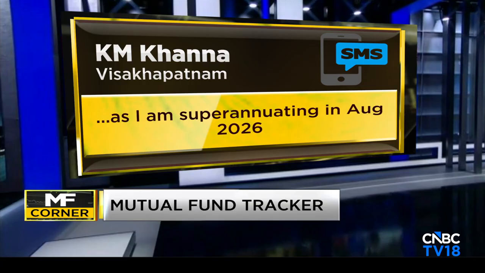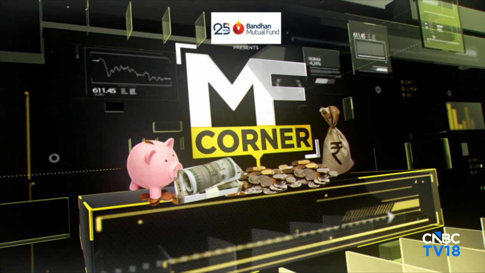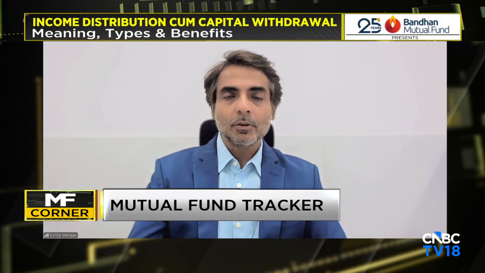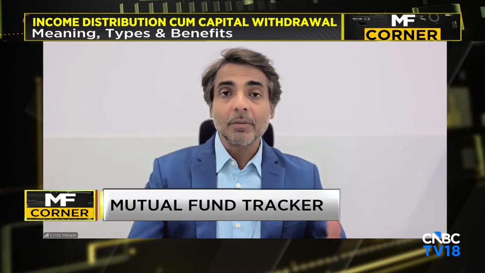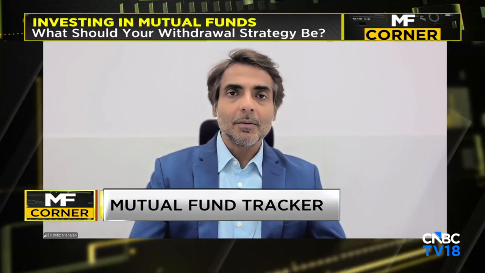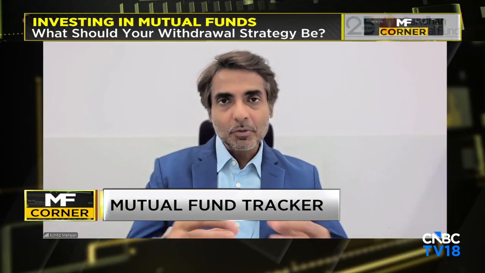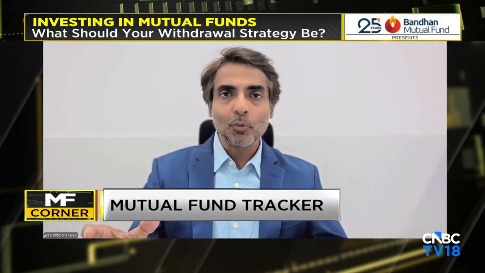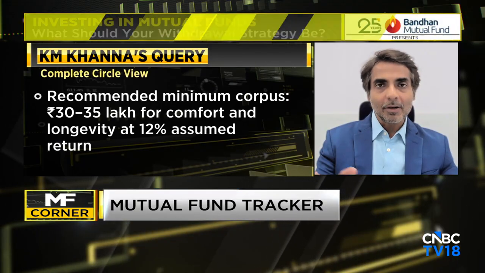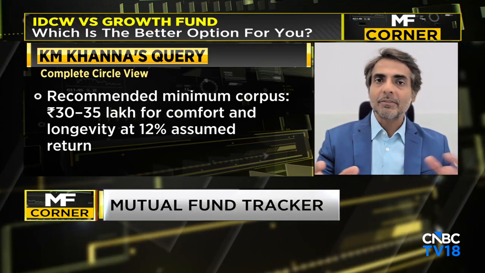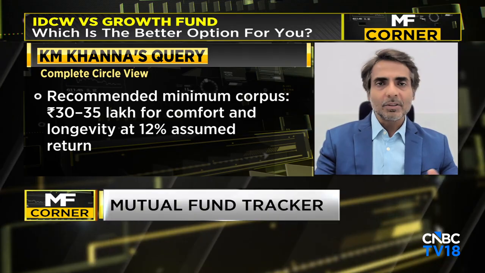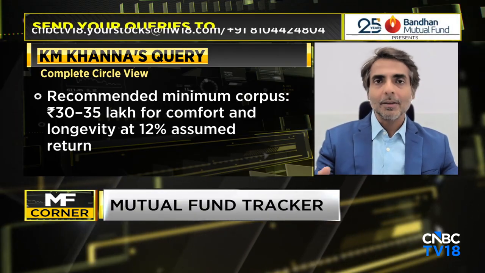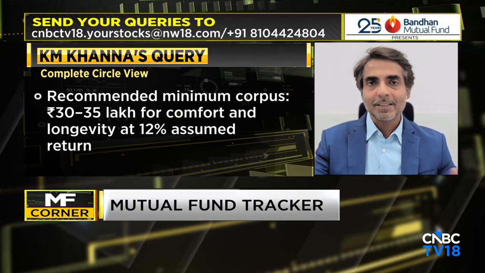Kshitij, your take. Well, Vinny, let's say if he requires funds for the next 28 to 30 years, in that case the corpus will be around 30 lakh if the corpus is growing at, let's say, 12%. So that assumption we have to take, what type of funds he's investing into. And if you want withdrawals to sustain for that long, because whenever you are withdrawing money, you are impacting your compounding also. We always suggest 5 to 6% of the total corpus on the higher side to withdraw.